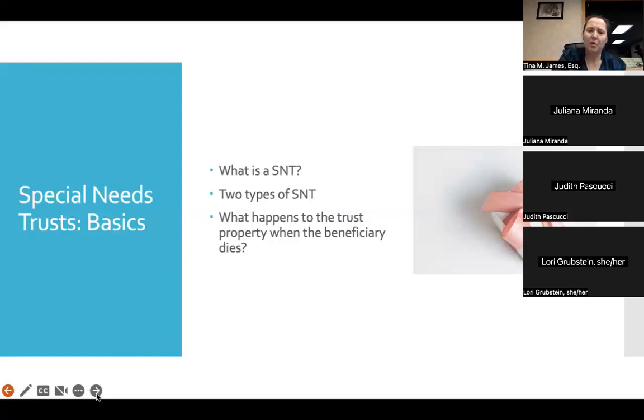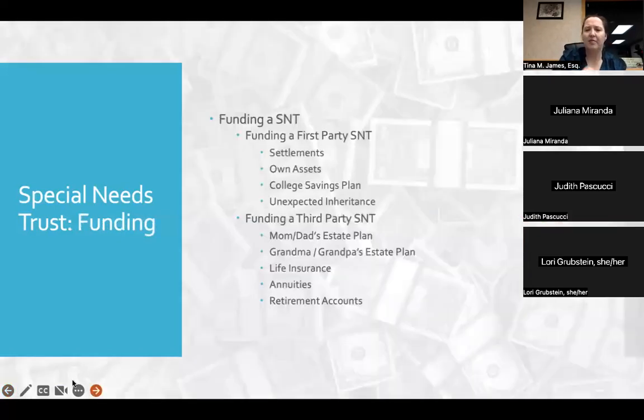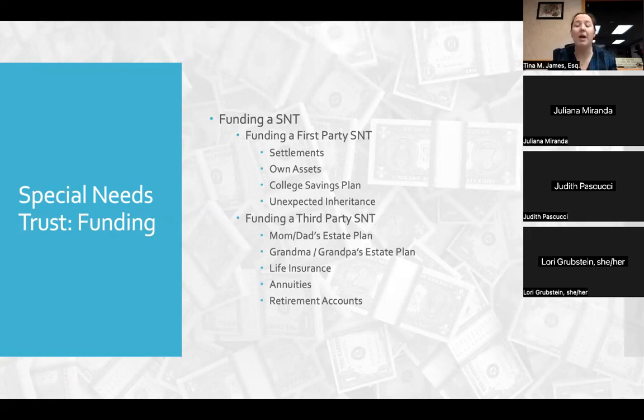So the other key pieces are, and I'm going to talk about just funding. Funding them is different because it comes from different sources, right? So the first one I talked about, you'll see on that bullet list, the unexpected inheritance. That's the example that I used in the beginning. Mom and dad passed away without a will. Now they have it. Sometimes a child may be in a car accident, there might be medical malpractice, and they may receive a settlement, right? And so they may come into a significant amount of assets, and we couldn't predict that or change that or do anything about it. And so we have no choice but to set up a first party special needs trust